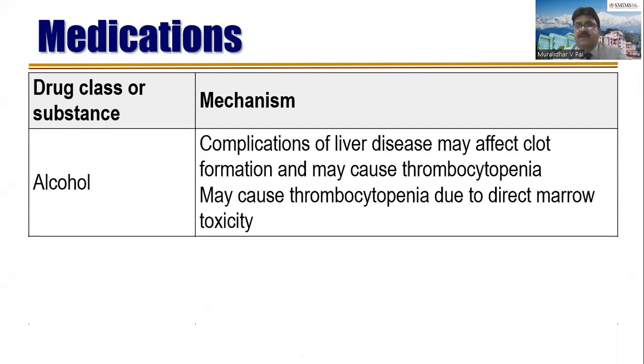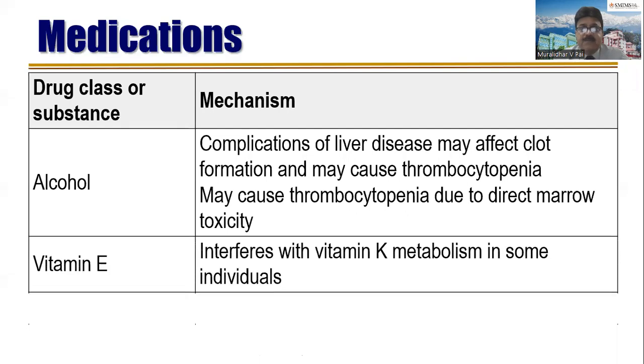Alcohol, complications of liver disease may affect clot formation and may cause thrombocytopenia due to direct marrow toxicity as well. Finally, vitamin E interferes with vitamin K metabolism in some individuals. So we think that vitamins are always good, but